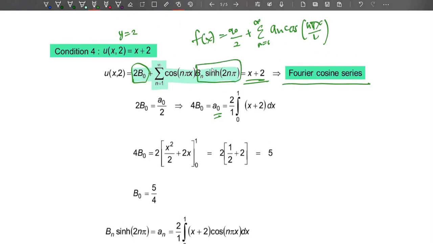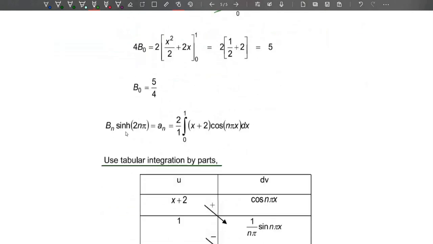Okay, this will be much nicer. So bn sinh 2 n pi here are constants. Both terms are constants. That's why here we write it as such. Sorry, it's not bn, it's an. So bn sinh 2 n pi is equal to an as written, which is 2 over 1, 2 over a. Remember, integrate 0 to 1, x plus 2, that is f(x),